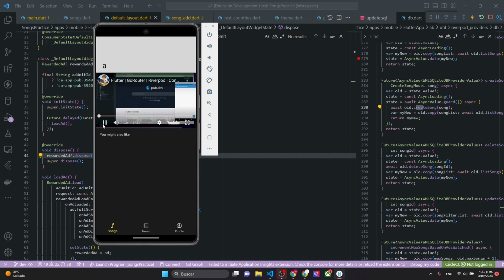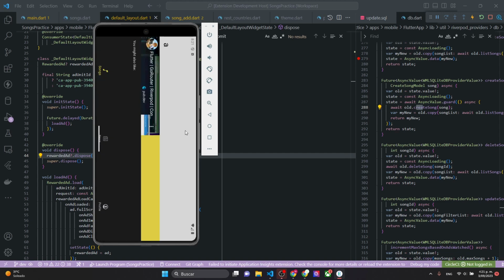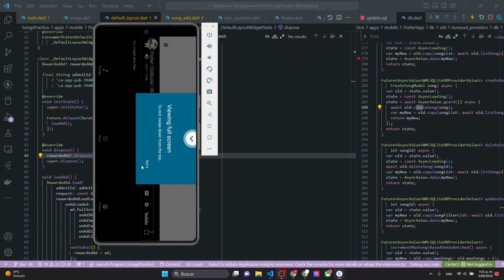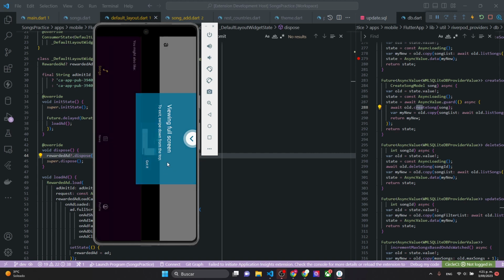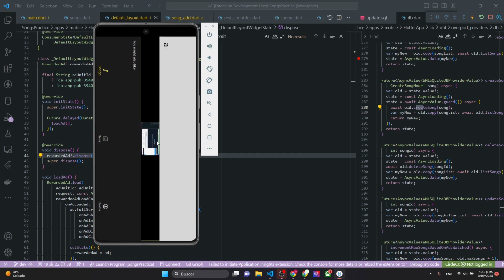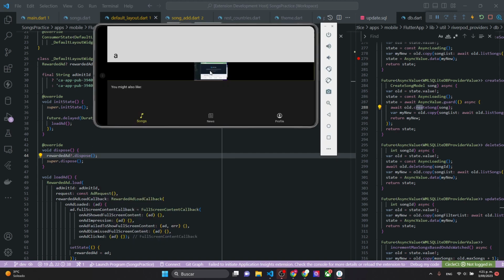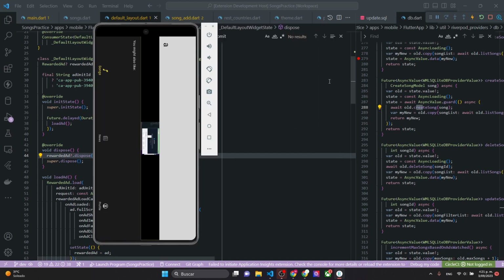So yeah, hello there and welcome back, and let us continue over here. And today we are going to learn about Riverpod as well as the Go Router. So let us get started with it. First of all, I will just run my application, and you can see it's an empty application. And I need to go to pub.dev to get some of the dependencies. So first I will get the